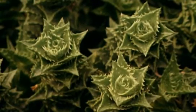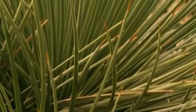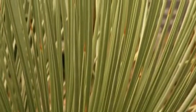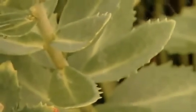There are a number of ways plants have adapted to survive in harsh environments like the Middle East. One way is to have thin, needle-like leaves. Grasses and conifers are good examples of this. Their very small surface area ensures little water loss. Others have leathery or waxy leaves to prevent water loss,